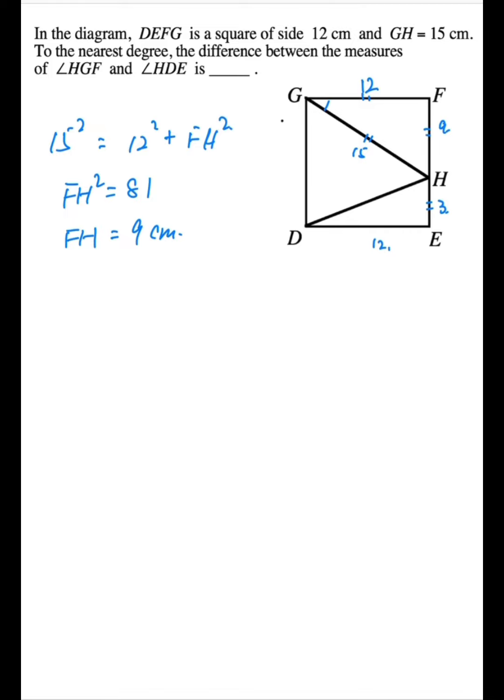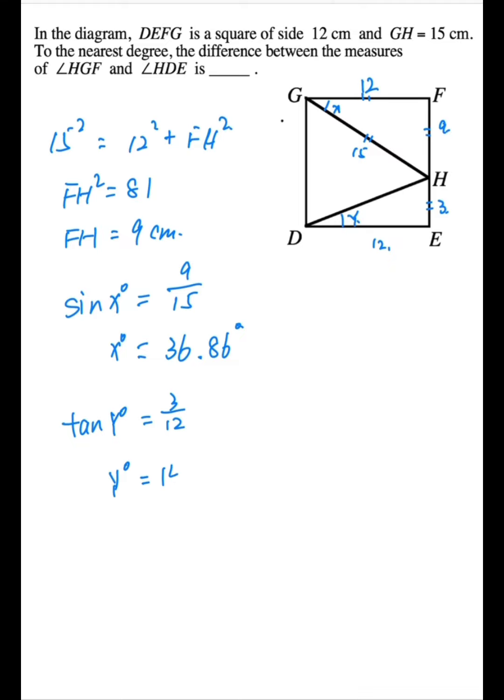Now we can find x and y. Sine x equals 9 divided by 15, so x is about 36.86 degrees, and tangent y equals 3 divided by 12, and y is about 14.03 degrees, and the difference of x and y is